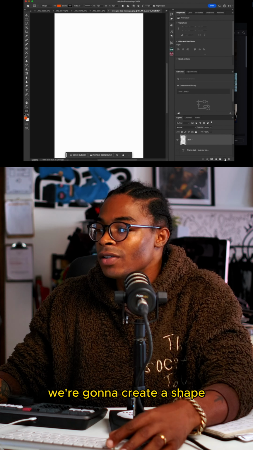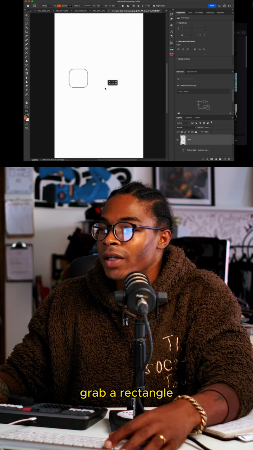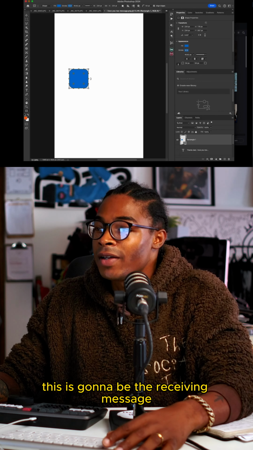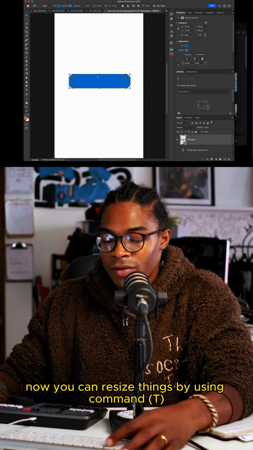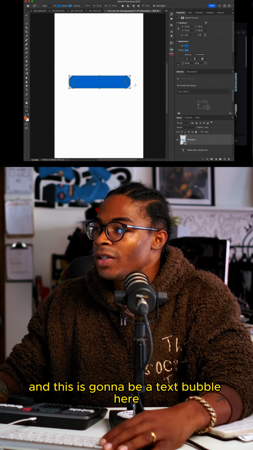We're going to create a shape. So let's start with creating a new layer. Grab a rectangle. Let's change the color. That text mesh is blue, but you can put whatever color you want. This is going to be the receiving message. I'm also going to then resize it. Now you can resize things by using Command T, and this is going to be the text bubble here, but